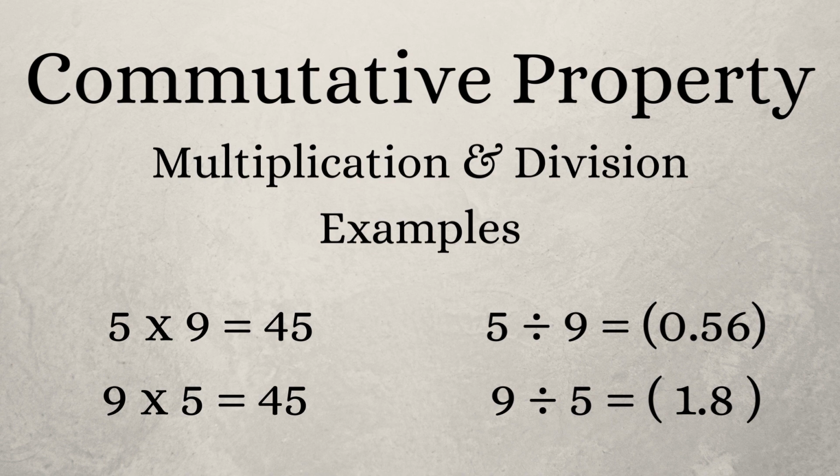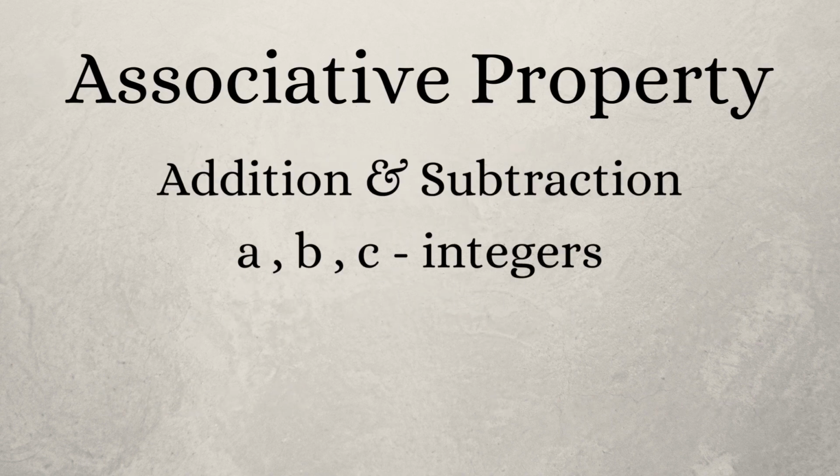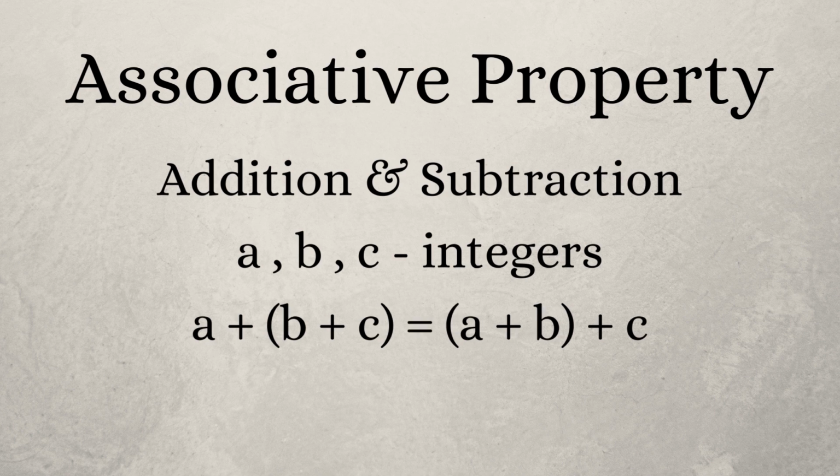Now let's move on to associative property. Let's say there are three integers a, b and c. The sum of these three integers can be done two ways. First method, we add b plus c, and to the result we add a. Method 2, a plus b is computed first and the result is summed up with c. Both these methods give us the same correct answers.